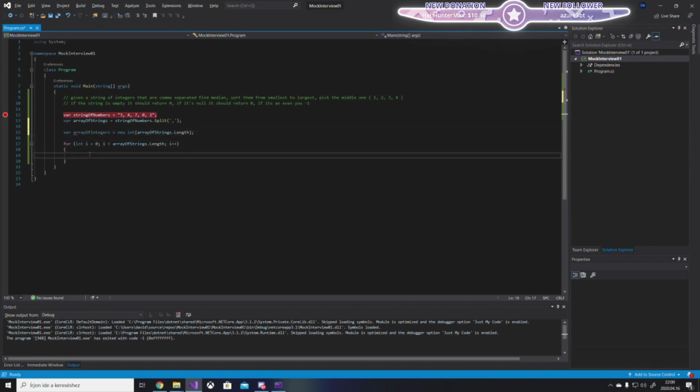Okay, so now that I know how long the array of integers will be, I can just use i to replace elements at index i with the parsed values. And if a value cannot be parsed, then I should return, I could use 0 or something like that. But let's say if it cannot be parsed, you just throw an exception. It's an error, it should fail and crash. And then in this case, we'll do